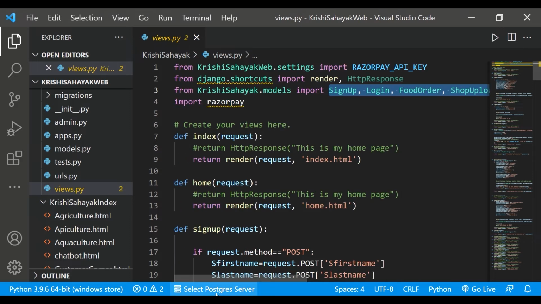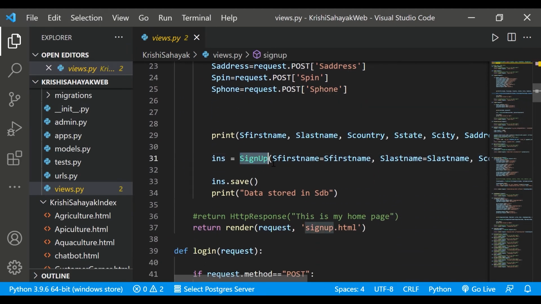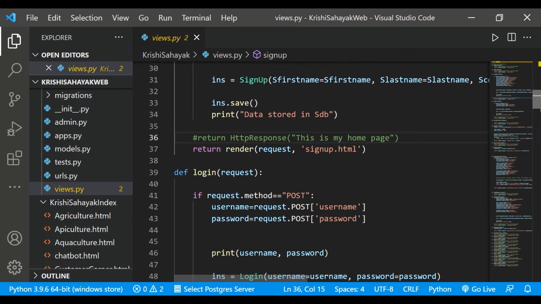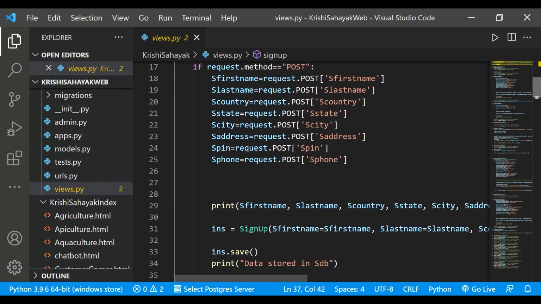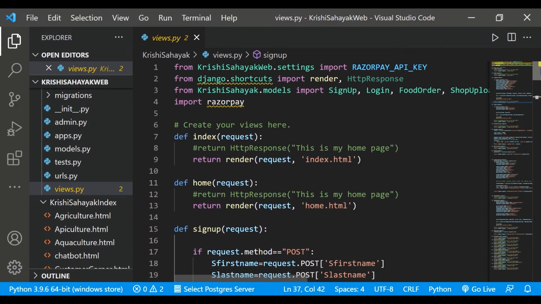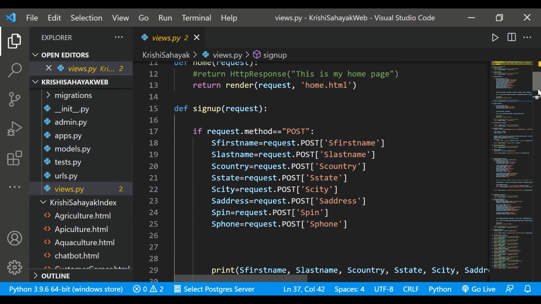So as I was telling over here, what is this sign up? This has been created in the model, so that has been included over here. So now I return render request signup.html.